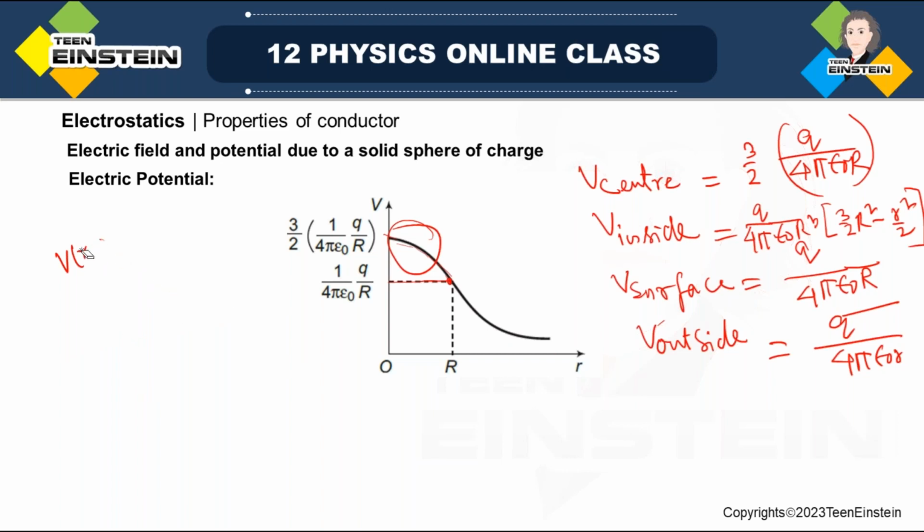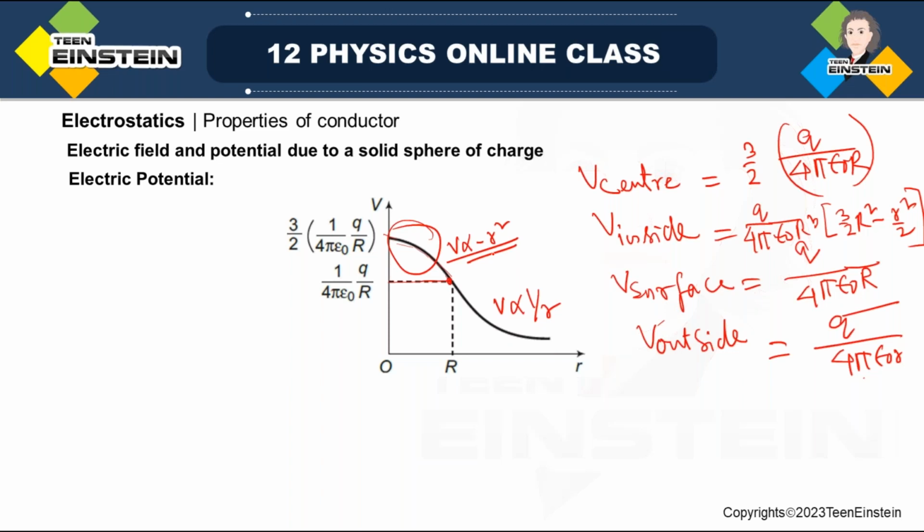So electric potential inside is varying as R square with a negative slope, okay, with a negative slope. So that's why inside this is like this, and outside the surface it is 1 by R. So this is actually 1 by R, and here it is actually minus R square. There is just minus R square, okay, with a negative slope. All right, so this was today's discussions on electric field and potential due to a spherical,